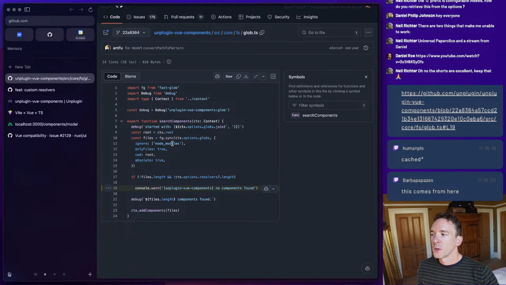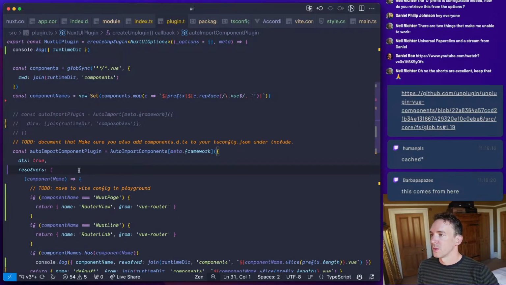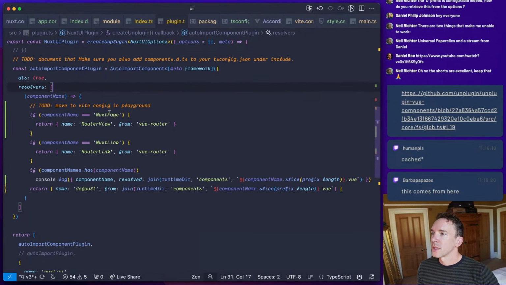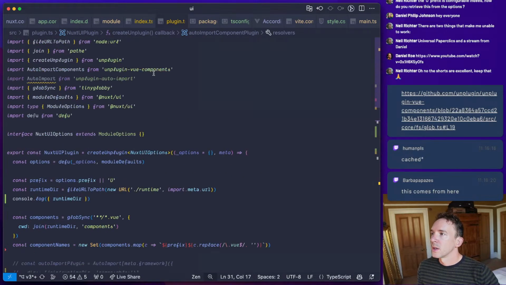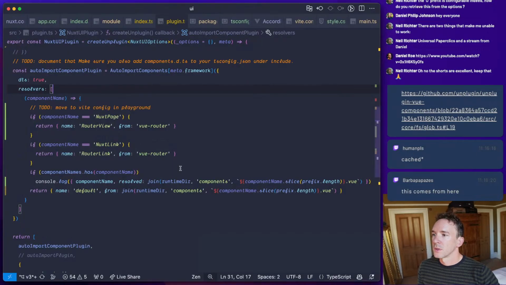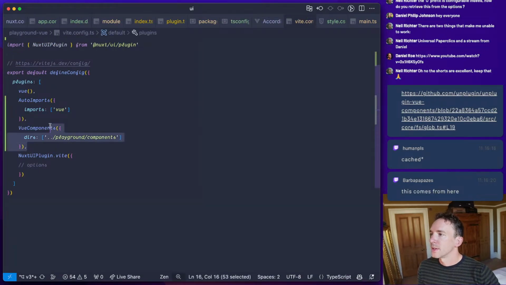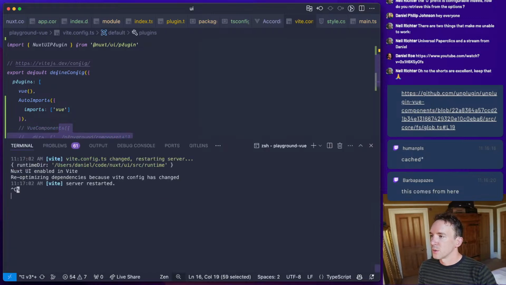It's ignoring node modules, which is a pain. Oh, it's saying if there's no resolvers. So there's a problem here because we are passing resolvers. So I don't understand why it would be saying that there are no resolvers, right? There are resolvers. Unless this is why. Okay, so that's the issue, I guess.